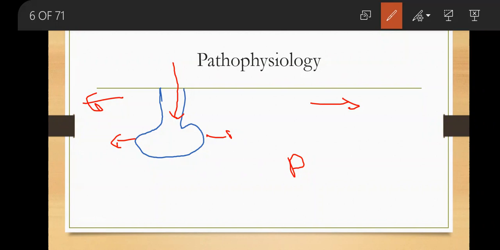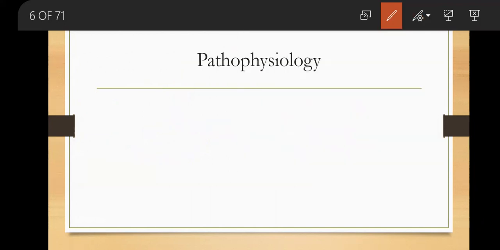So the functional residual capacity is the volume of air in the lung when the respiratory muscles are fully relaxed and no air flow is present. So at the relaxation state, at rest, the lung volume becomes the functional residual capacity. The volume of the functional residual capacity is determined by the balance of the inward elastic recoil of the lungs and the outward elastic recoil of the chest wall. So we know that the lung